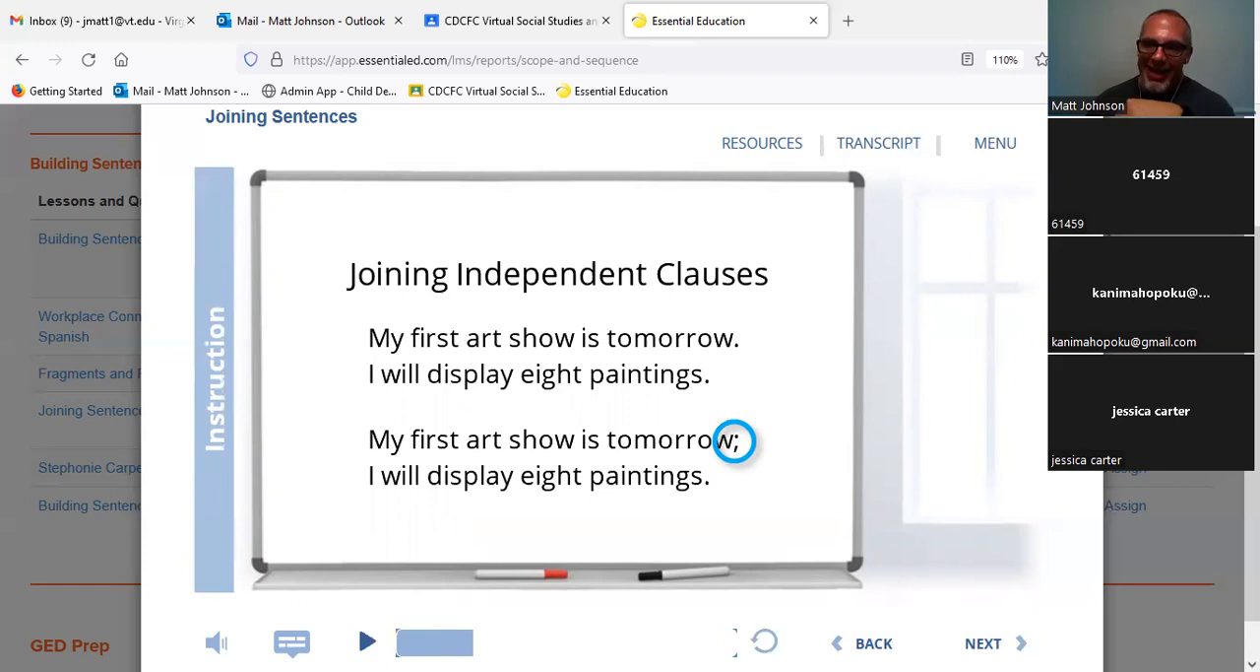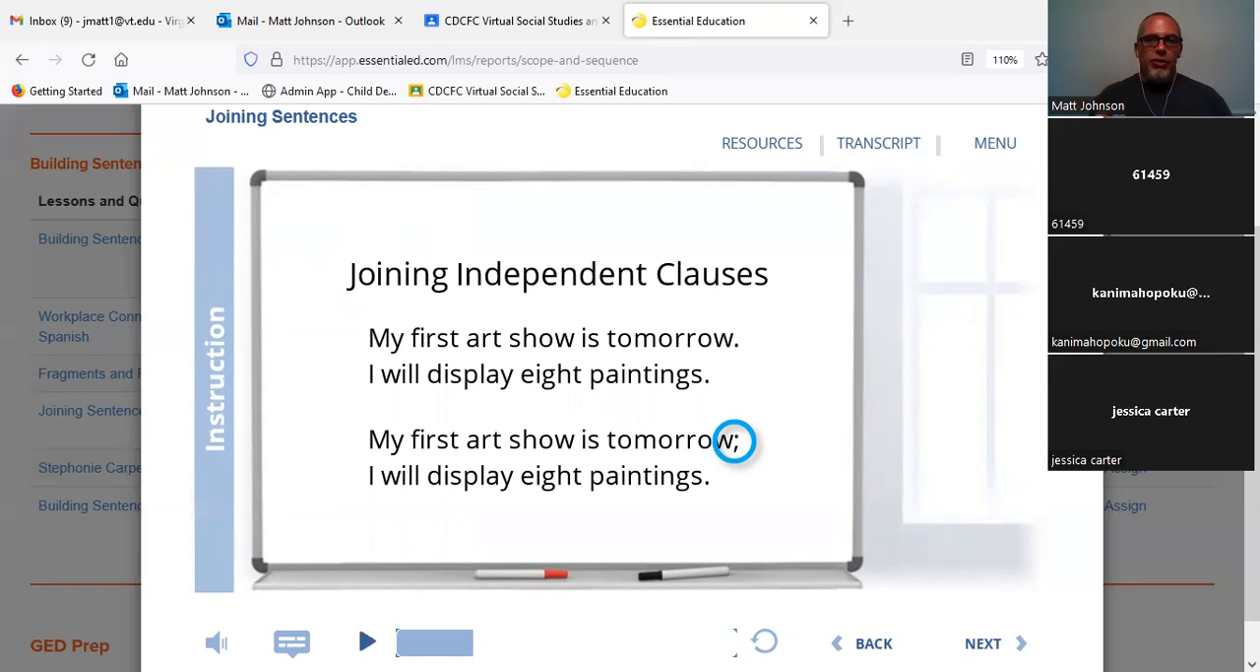I will display 8 paintings. The second example there: my first art show is tomorrow. I will display 8 paintings. It's a good way to mix it up, but particularly in more formal writing, you probably won't see or use a lot of semicolons for this reason, right? So yeah, you can use them sparingly though, because in honesty, as somebody's reading